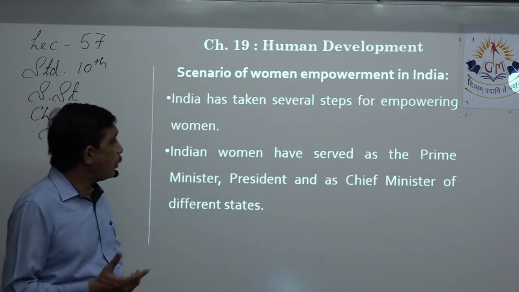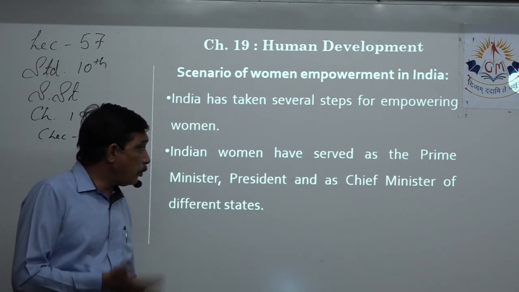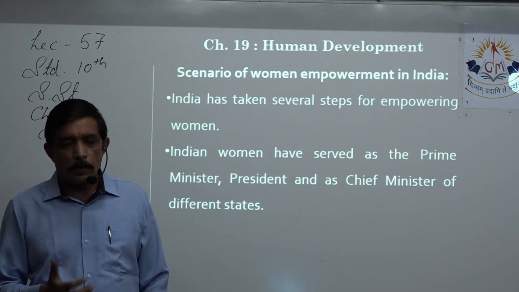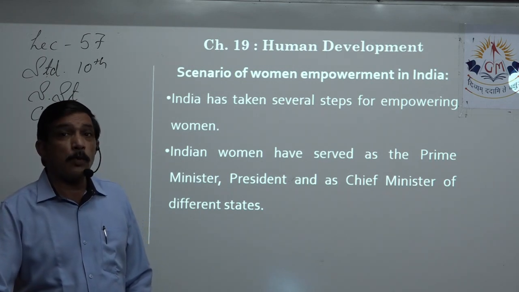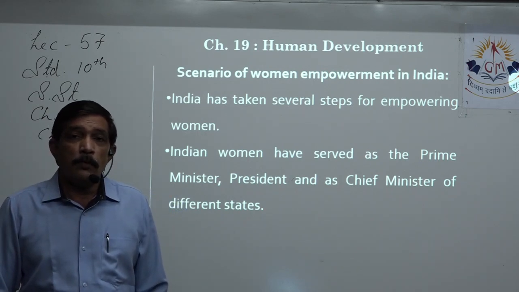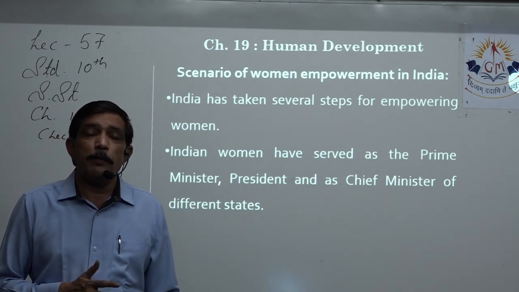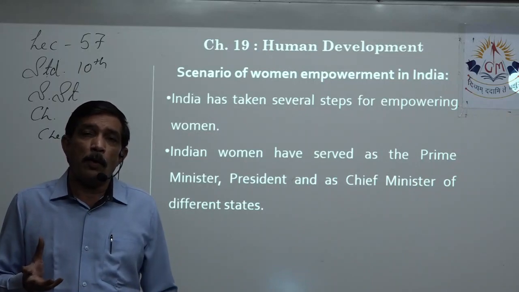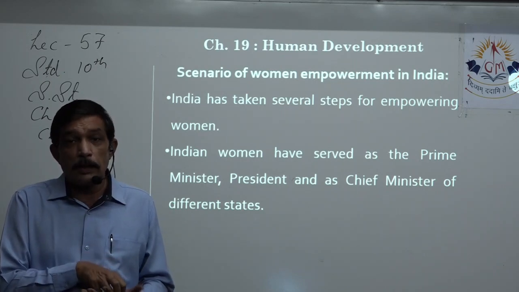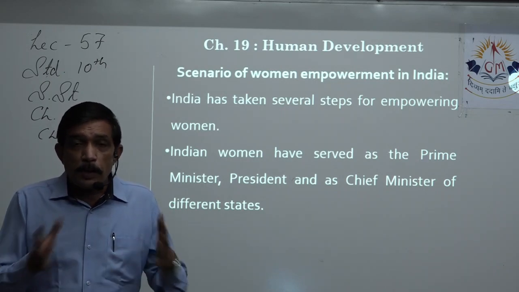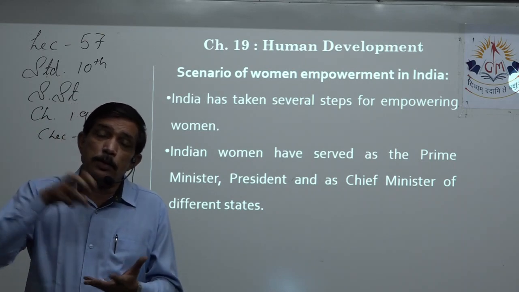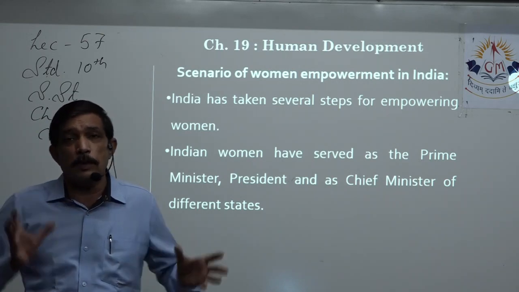Examples are given. We had a woman prime minister, president, and also chief ministers of different states. The post of CM was held by women. So in this way, we have never discouraged women empowerment. On the contrary, we have always tried to enhance the presence of women in the society. They are present, right? 50% of the population is already there, but their presence should be felt in each and every sphere of life